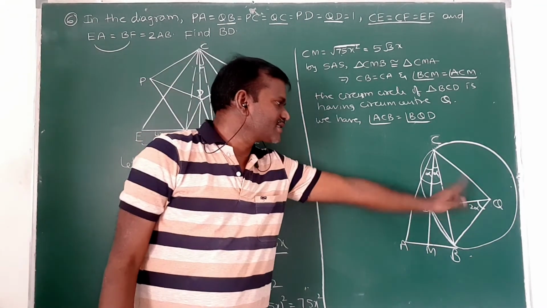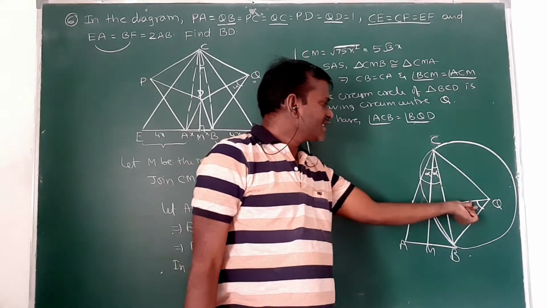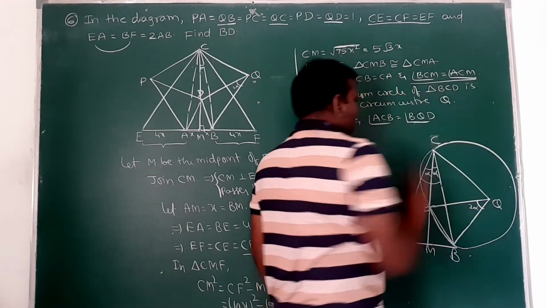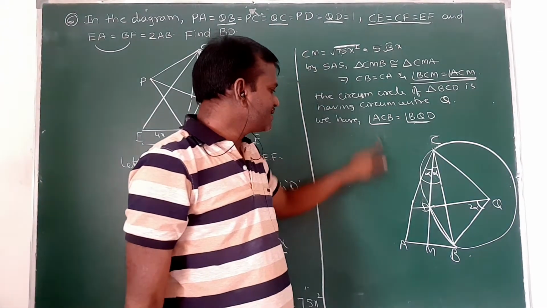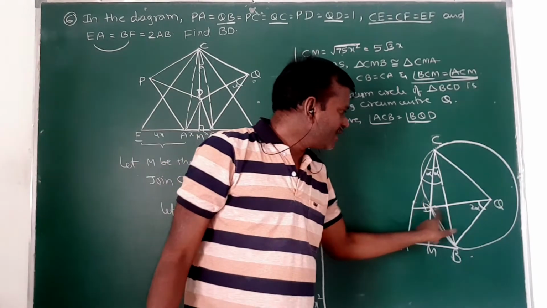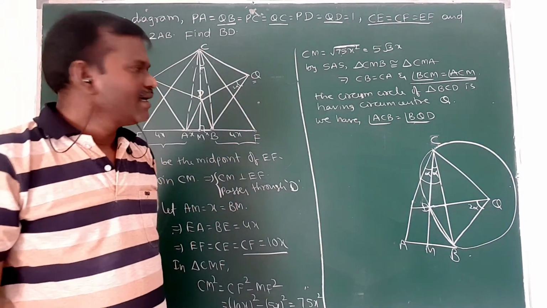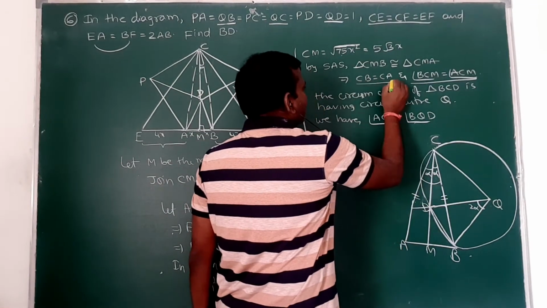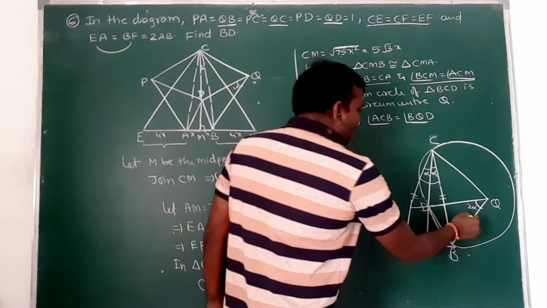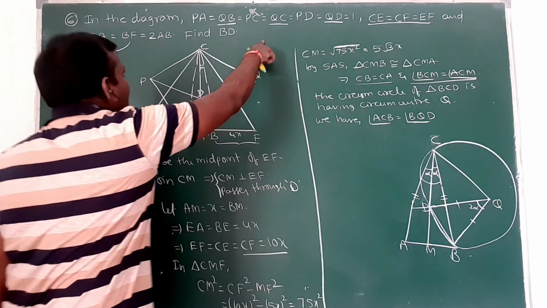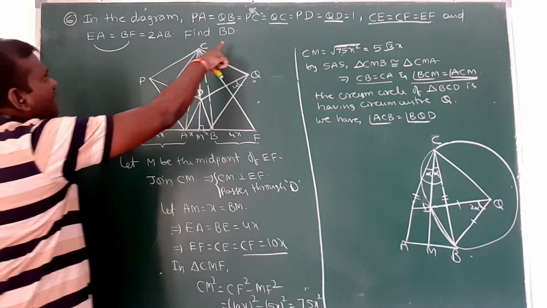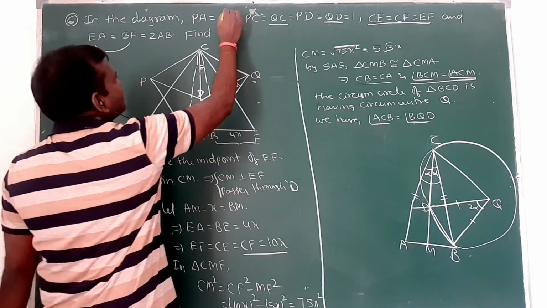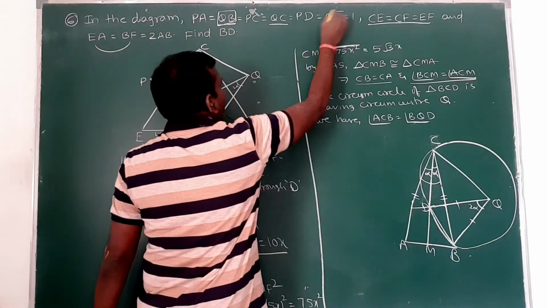Okay, the circumcircle has center Q here. So if this makes an angle alpha, then this is 2 alpha. Then these two angles are equal, since BCM is equal to ACM. So that's why this is 2 alpha, this is 2 alpha. That's why I wrote angle ACB is equal to angle BQD. But we know that AC and BC are equal, and also BQ and DQ are equal, already given here. They are also equal.